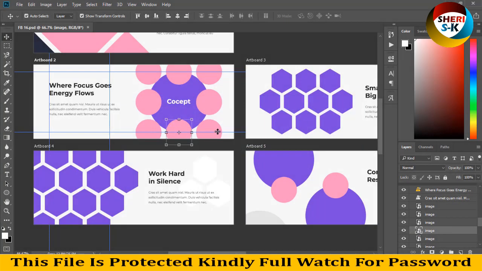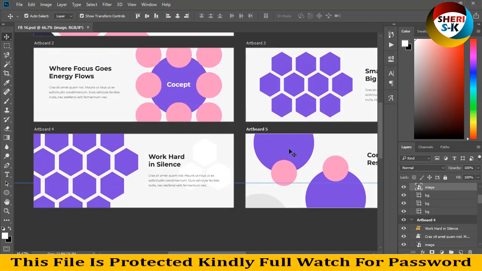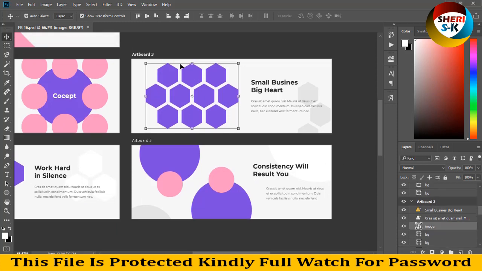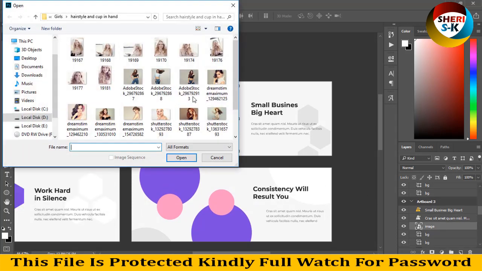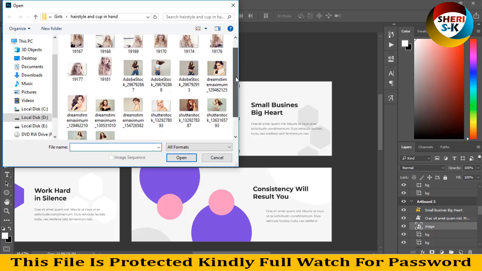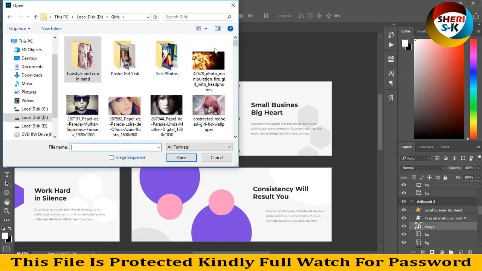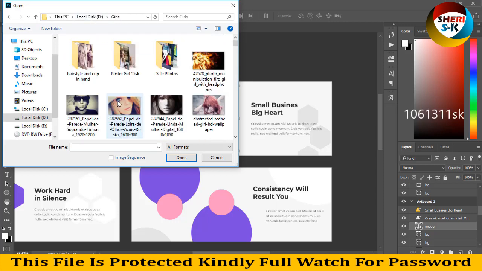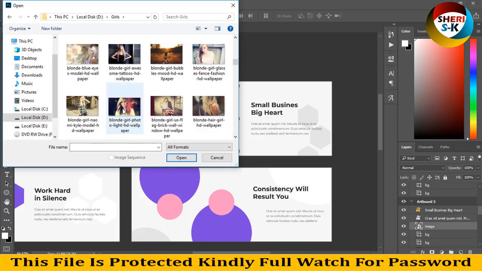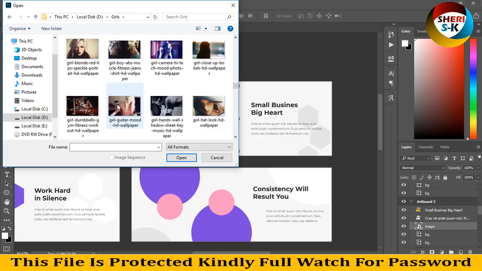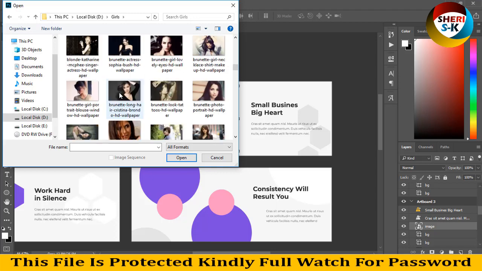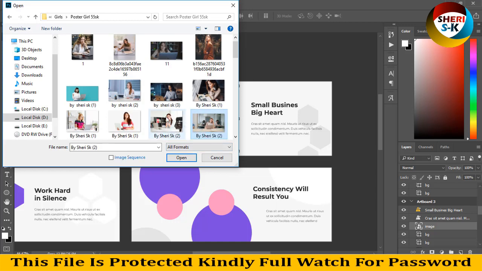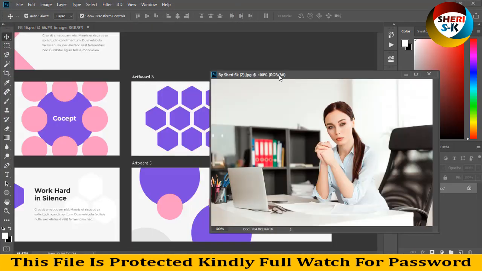Oh, my Windows update issue, but don't worry. And here artboard just needs one image. For example, small business big art. Okay, we need a business photo, but I try to find a business photo. Business photo, can't find it. So business photo like this. Okay, convert to 800,